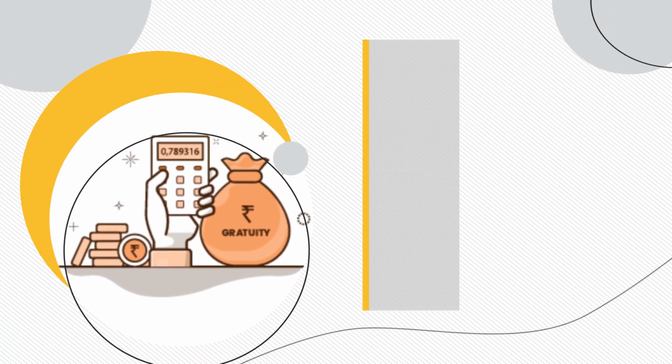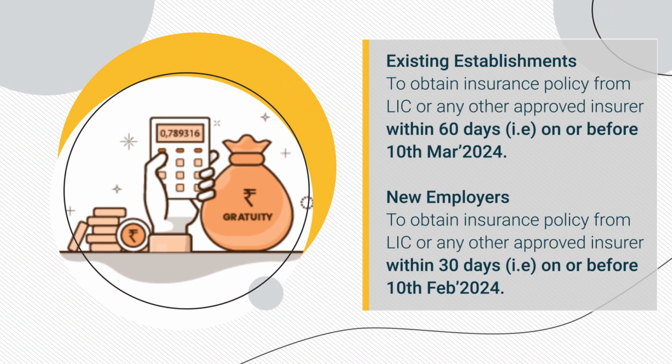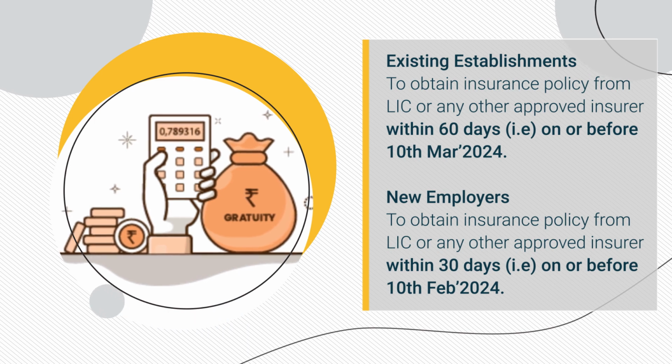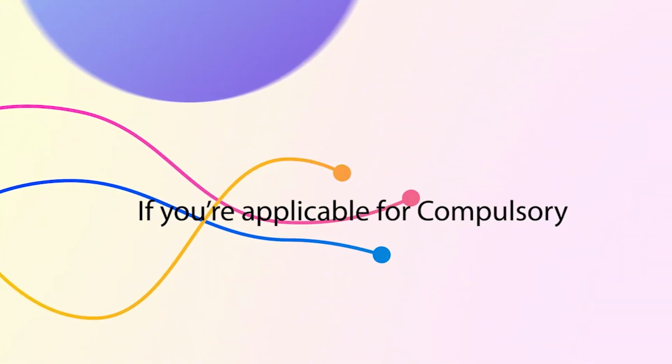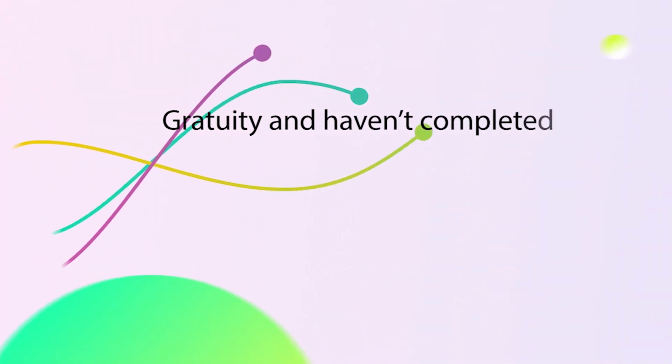What next? Here are the timelines mentioned in the mandate. If you're applicable for compulsory gratuity and haven't completed these processes,